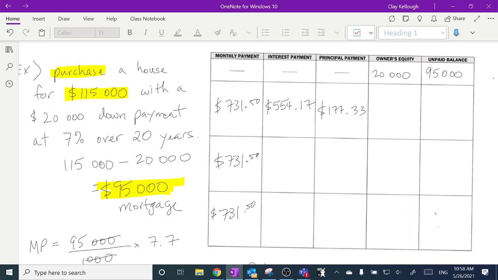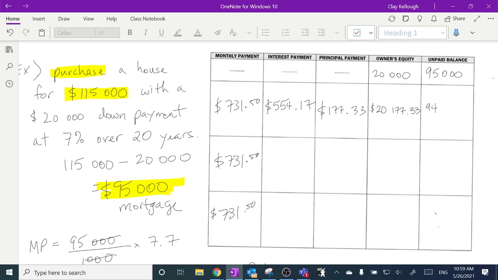Okay, next. What do I do with these two places now? Okay, I don't own $20,000 of the house anymore. I own $20,000 plus that much that I just paid towards the balance of the house. So I now own $20,177.33 of house. I don't owe $95,000 of house anymore. I owe this much less than that. So I'm going to subtract this number from my balance. So 95,000 minus 177.33 is